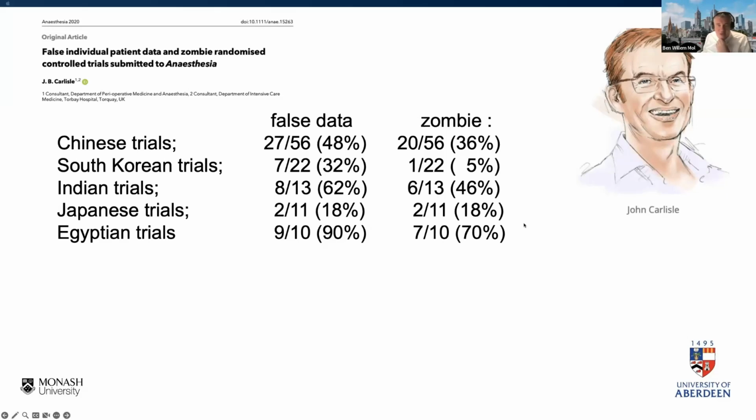And he also talks about zombie studies, studies that completely do not exist. And he found that percentage in studies submitted to his journal is high, I would say. China, for example,